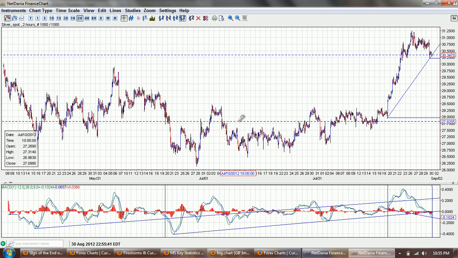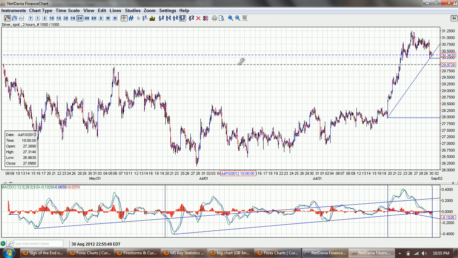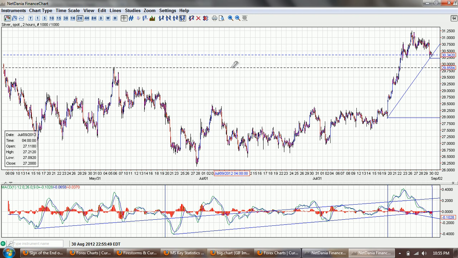A lot of this is going to be based on what Bernanke is perceived to say. You want to watch the 8:30 open in New York. That's when very large volume comes out. I don't know what the economic reports are going to be, but normally you can see the New York boys either jump on the price of silver right there at 8:30, or sometimes they jump on it and it rallies back and then they hit it later. So we'll be watching the price of silver very closely tomorrow, and to see how it reacts to whatever news comes out.